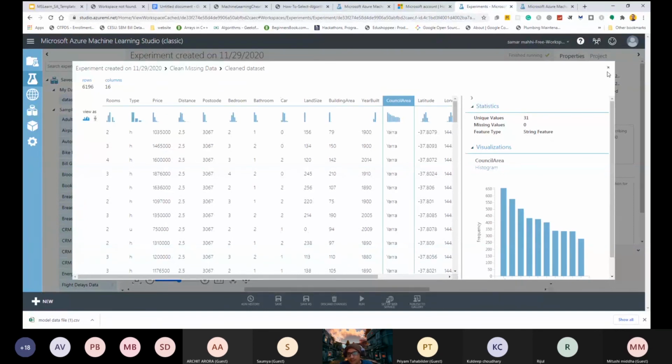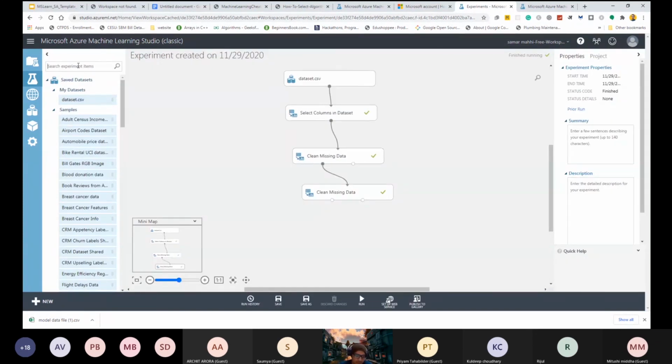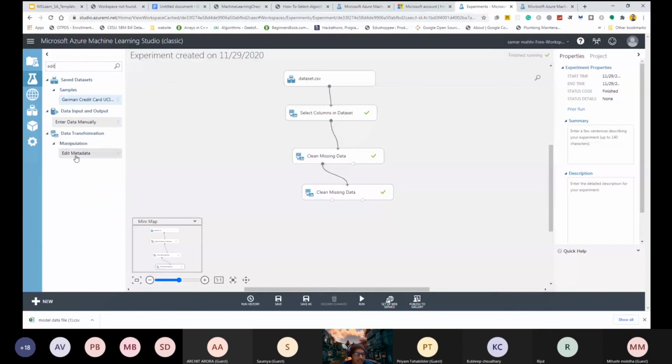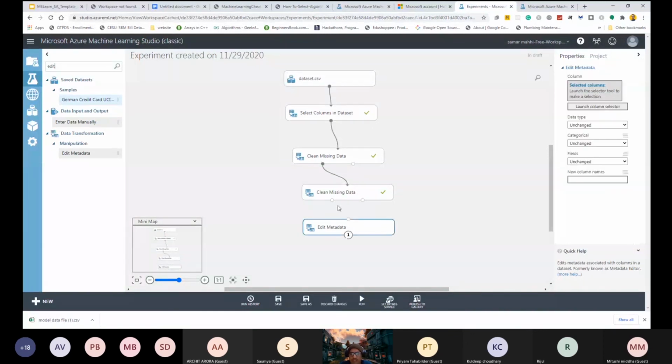So we will convert the feature type into the category feature. So for this, we will use edit metadata. You just have to type edit metadata in the search bar and drag that particular module. Then just merge it from the clean metadata.